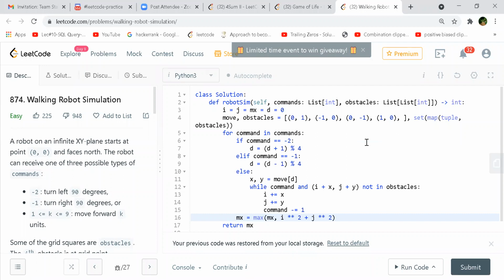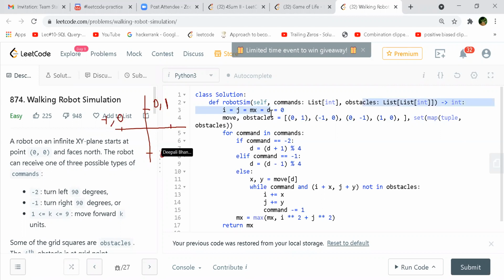I'll annotate it quickly. Shashank, what is the purpose of D here? D is a pointer on this array. If you have to move right, that is east, plus x, then you go. If -2 stands for west direction, left side, then you will go in this positive direction, and if it is the other way, then you will go in this reverse direction.